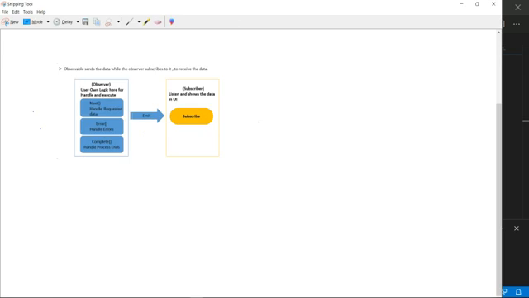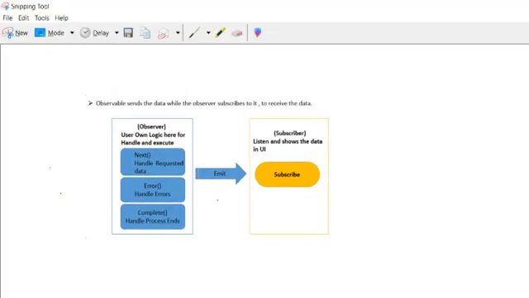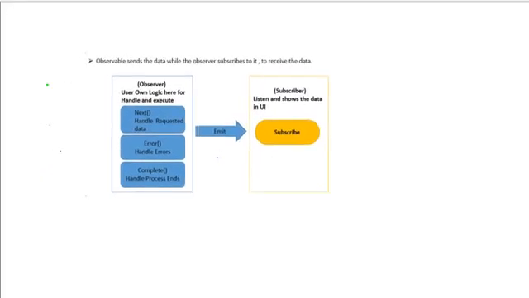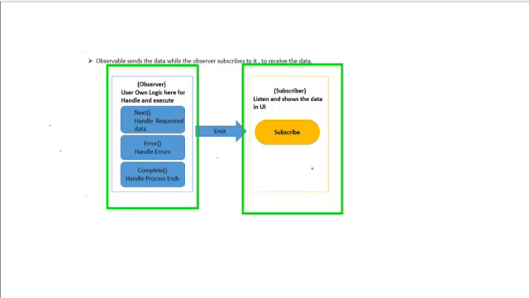Hi everybody. Today our topic is observable. So observable, how we have to create our own custom observable. As per the previous video, observable is a data source. Observer is useful to pass the data, or emit the data, or send the data to the subscriber. Subscriber is always expecting the data from the observer. So all these concepts, how to handle the observer and how to handle the subscriber by using the observable, in this lecture.